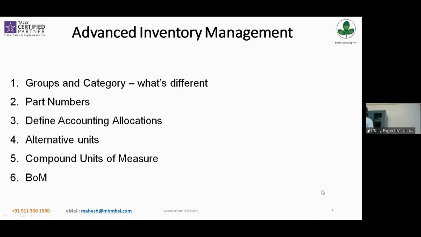So you should be able to identify the item either based on the part number or based on the name. It is as good as the alias that we use internally in Tally for the identification of any masters for that matter. So that is what we use the part numbers for. When you start using part numbers, and when you want to print your invoice, you could print the invoice with the name, or with the part number, or with both.